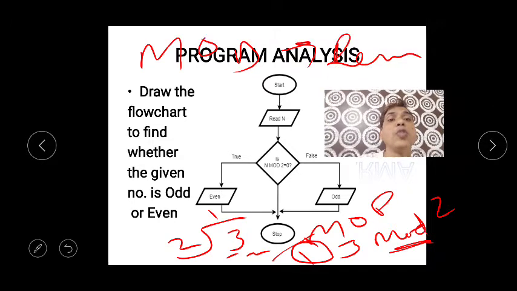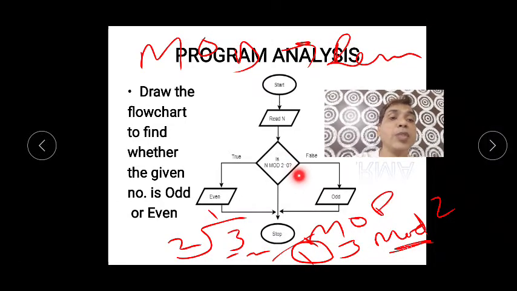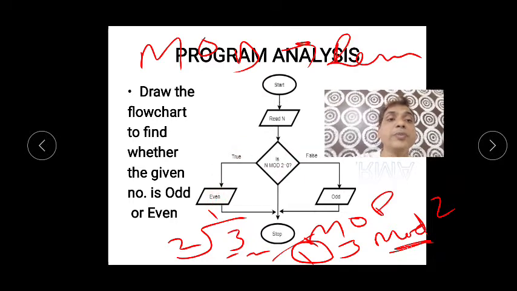Okay, so I hope you understood. When we divide any number by 2, if the remainder is 0, then it is even. If the remainder is not 0, that means the condition is false, and the number is odd. You can take any example.